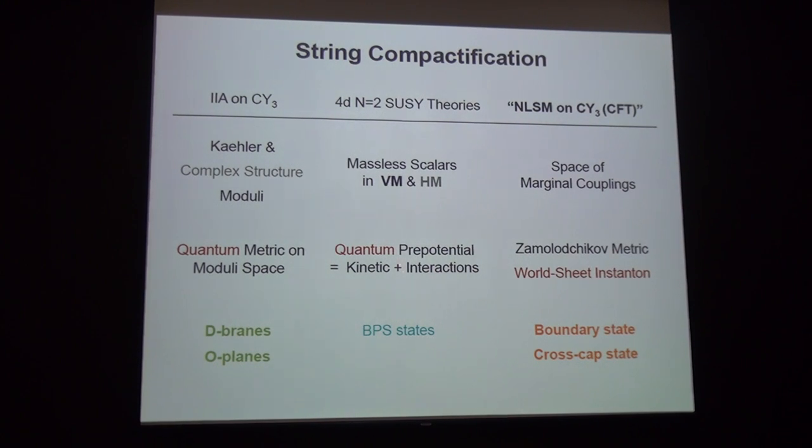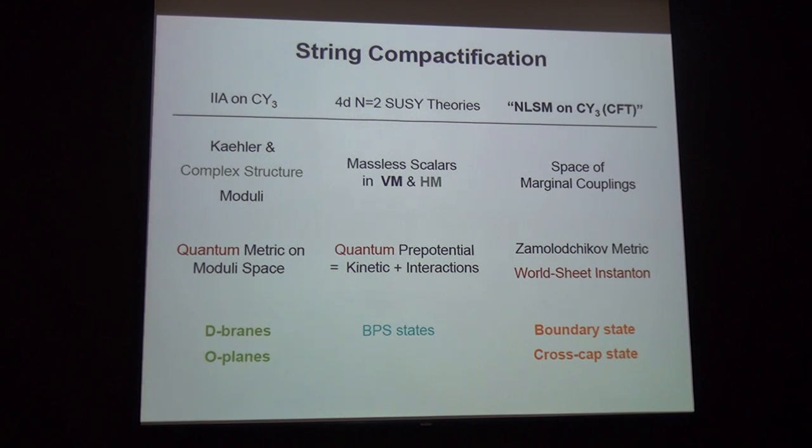For many purposes, it's very important to understand and know the precise kinetic energies and precise potential energy of these 4-dimensional supersymmetric theories. So in order to do that, we have to compute the quantum correction to the metric on this moduli space of the Calabi-Yau space. In the language of the 2-dimensional CFT, this metric is nothing but the Zamolodchikov metric on the space of the